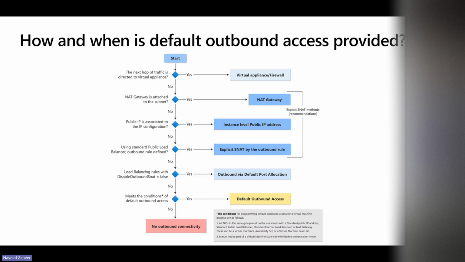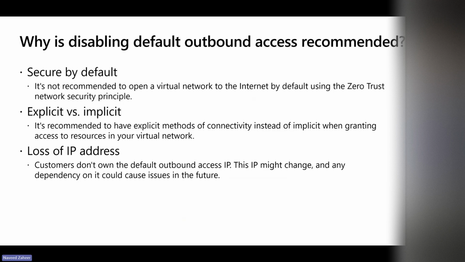Okay, so that's where, let's say you just put a VM without a public IP inside a VNet where it's not a private subnet. Okay, in a non-private subnet, that's where the default outbound access is provided. And just keep in mind, you should not use this. You should never allow unbound egress from your subnet. Try to take advantage of private subnet as much as you can because of some of